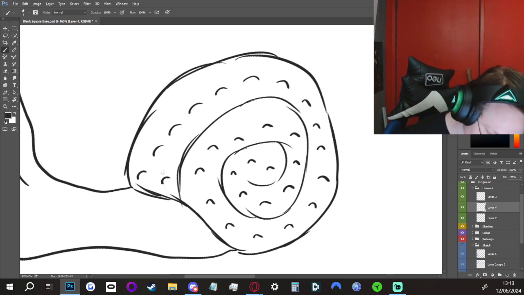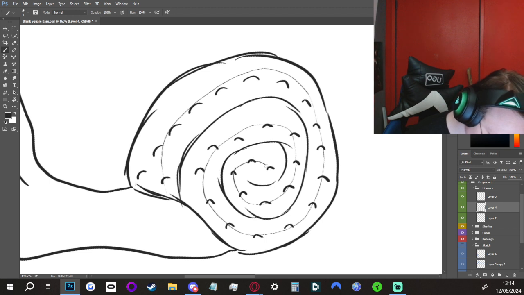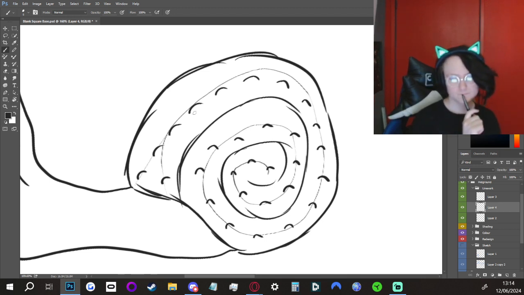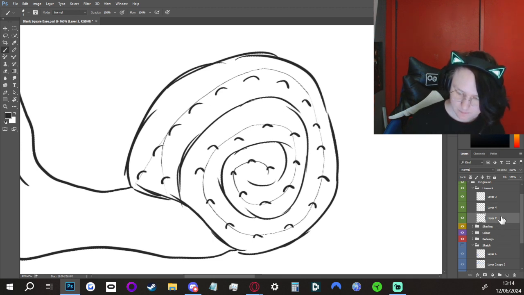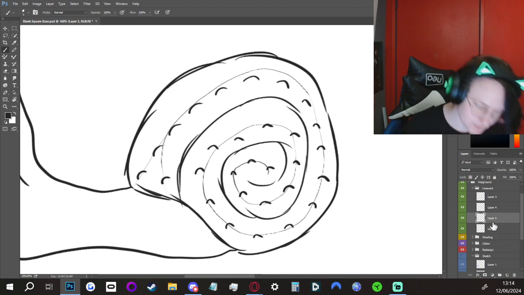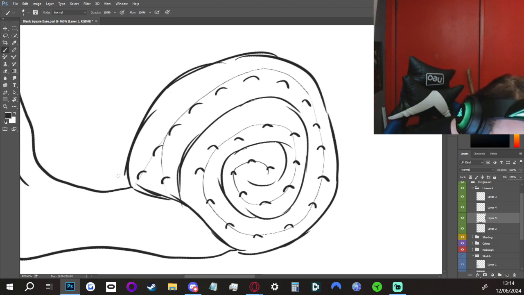I wonder if there should almost be like a ridge going along, like an internal one. I could give it an interesting shape. But for now, let's